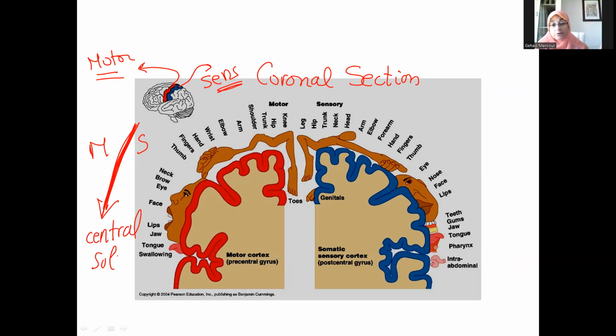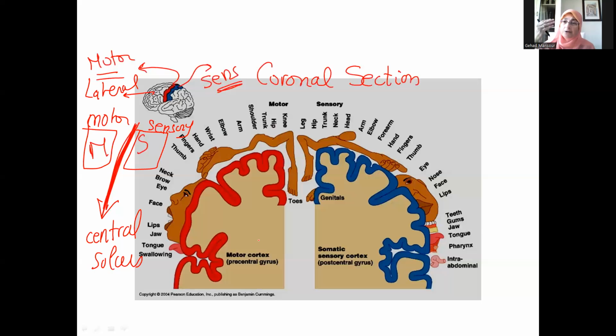So the central sulcus separates the motor area anteriorly, and that lies in the frontal lobe, from the sensory area posteriorly, and that lies in the parietal lobe. This is if you are looking at the lateral surface. But if you are taking a coronal section, like you do with cold cuts, then this is, and if I ever ask you to label this, you would say that this is the longitudinal fissure, of course, and then here we have,